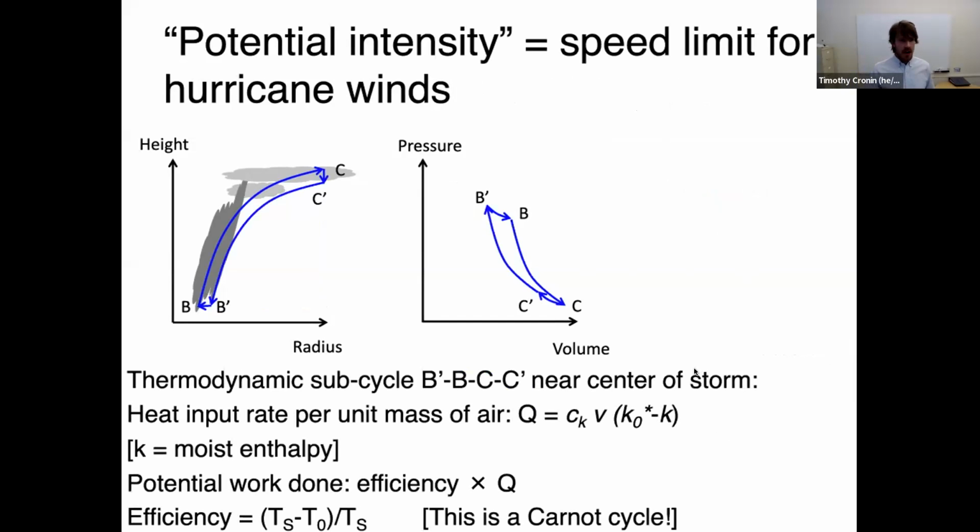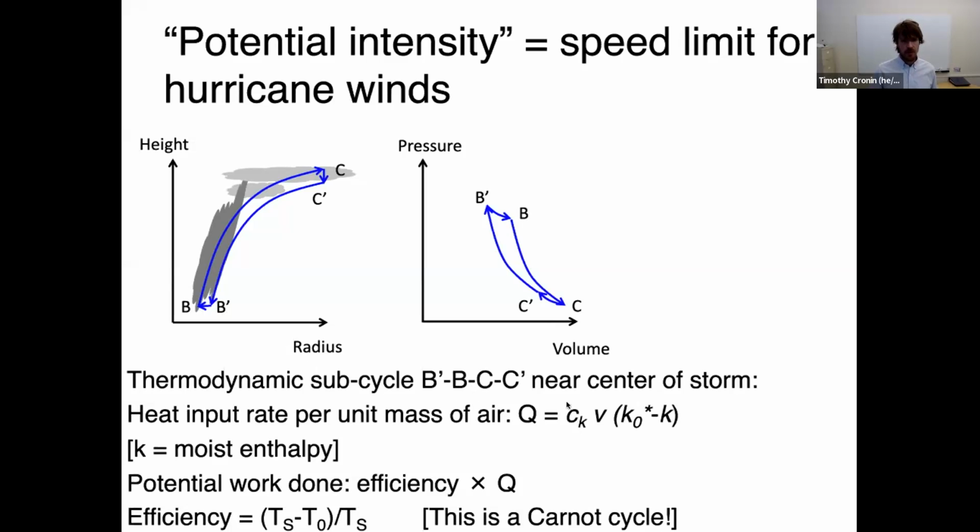So there's a very nice body of theory by Emanuel that looks at this in terms of potential intensity, which sets a speed limit for hurricane winds. And the idea is to look at small subcycles of air movement near the core of the storm, near the eyewall. In particular, if you take this thermodynamic subcycle from B prime to B to C prime and back near the center of the storm, the heat input rate per unit mass of air from surface heat exchange